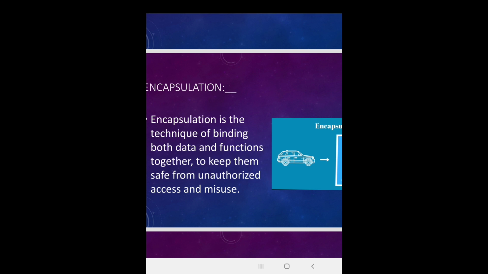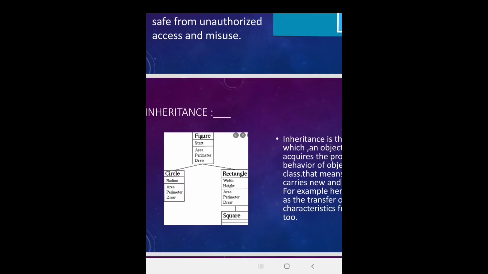This means, the most important note, suppose I'm giving you one more example, like an ATM: you can only access the data that belongs to you. You do not try to find others' data, and you don't try some other PIN numbers to check whether they are working or not, because they are not authorized to you. So this process helps the program stay safe and avoid unauthorized access and misuse of the data. Now next is inheritance.